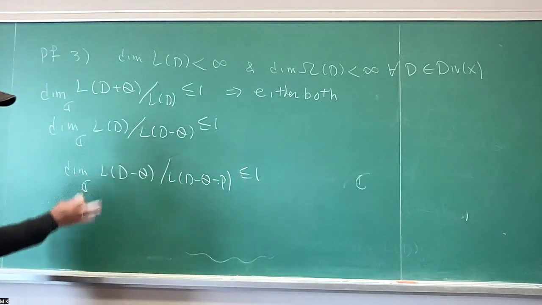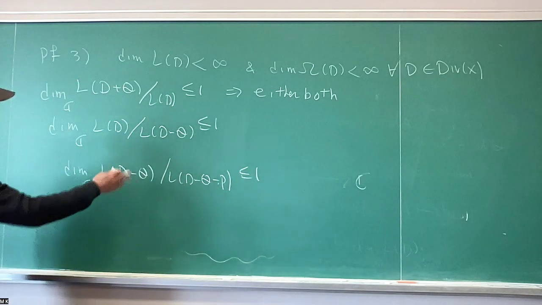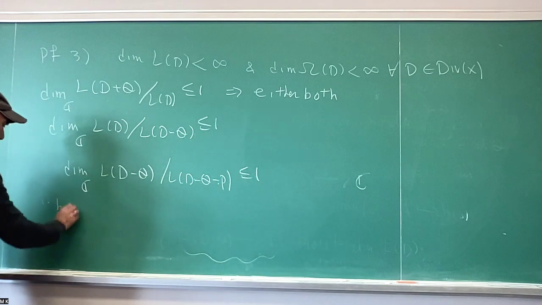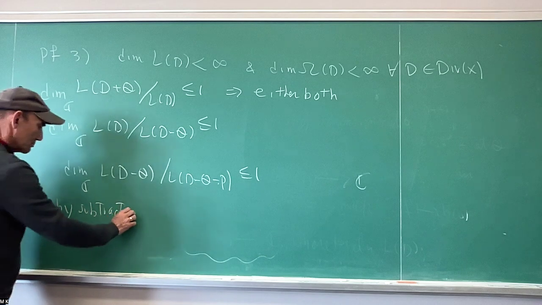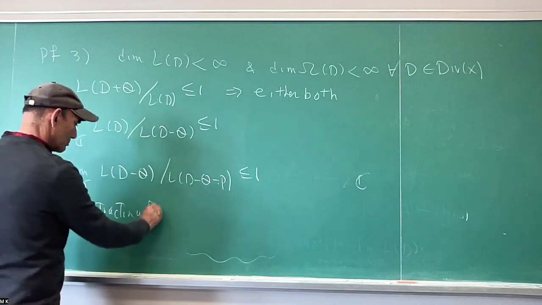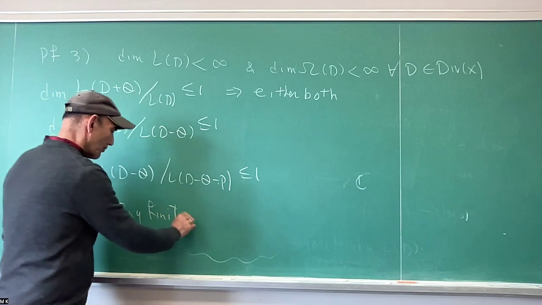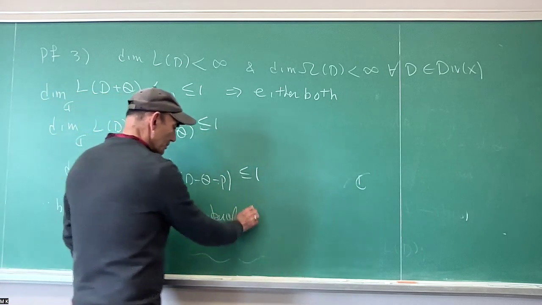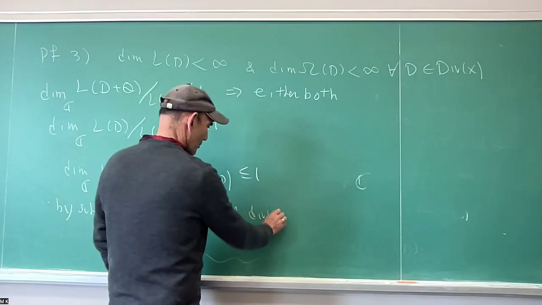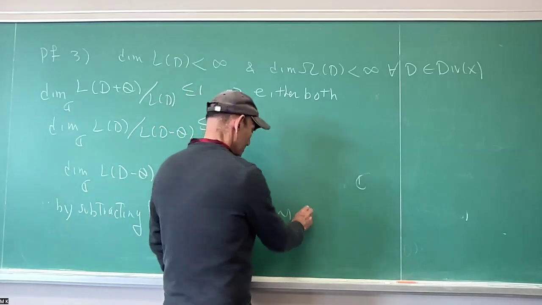So by subtracting a finite number of points, a finite number of divisors of the form